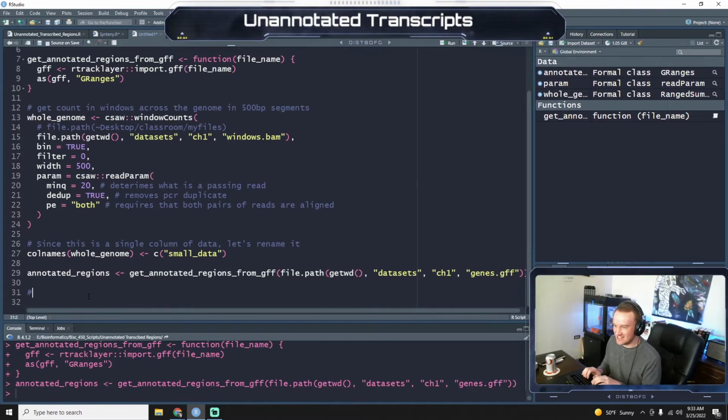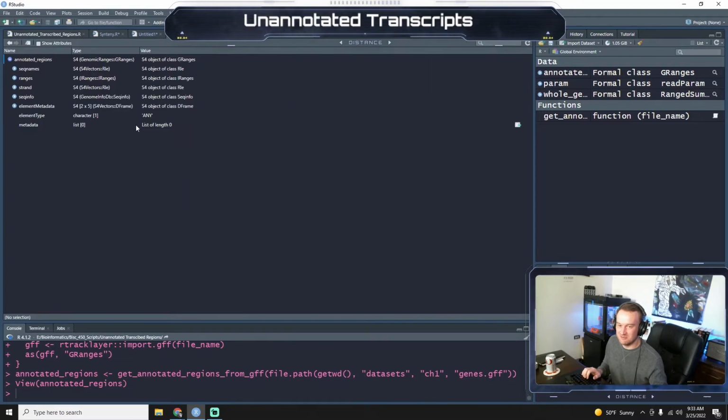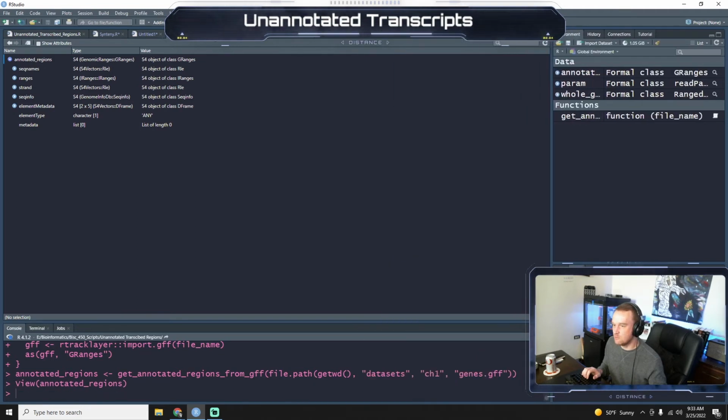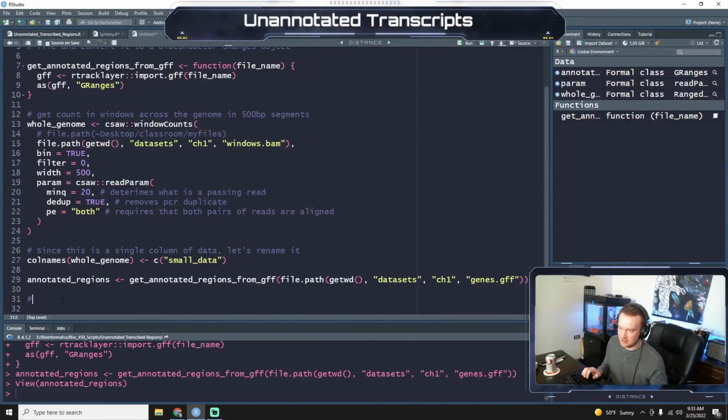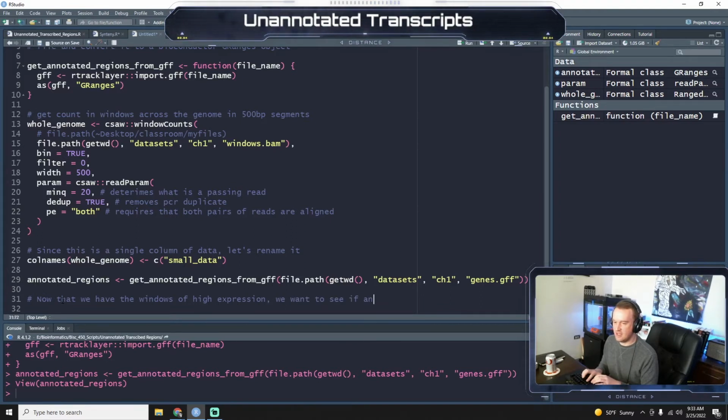Okay. Alright, so annotated regions we got now. So now this is a GRanges. The previous one was a ranged summarized experiment. And they're quite similar. They just have their data slightly arranged differently. All right, so now that we have the windows of high expression, we want to see if any of them